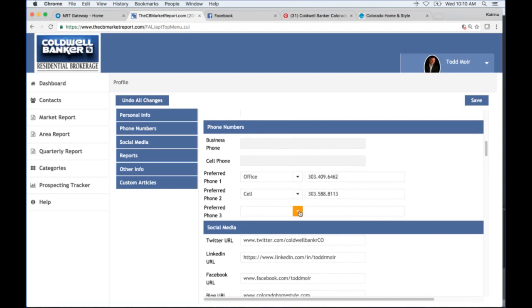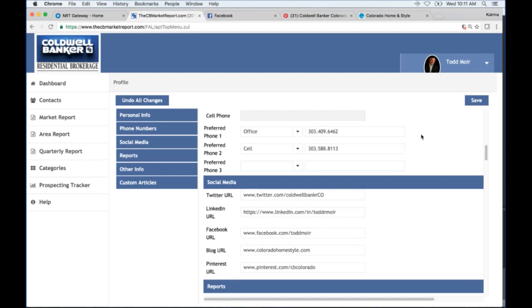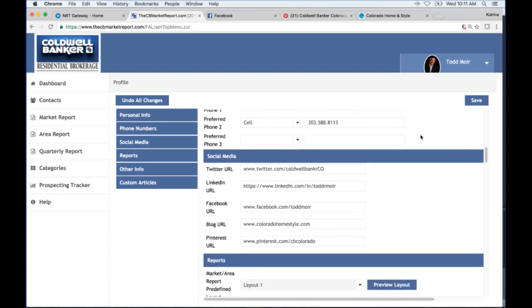Okay, and then we're going to move on down to social media. And at any time, feel free to start saving your information as you go through this. Okay, the save button is in the upper right corner. Once you've made any kind of updates, changes, it's always a good idea to save it should something occur and you don't want to go back and have to re-enter everything. Okay, we're going to scroll down to social media now,